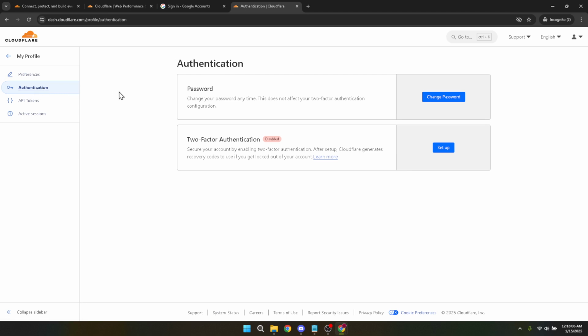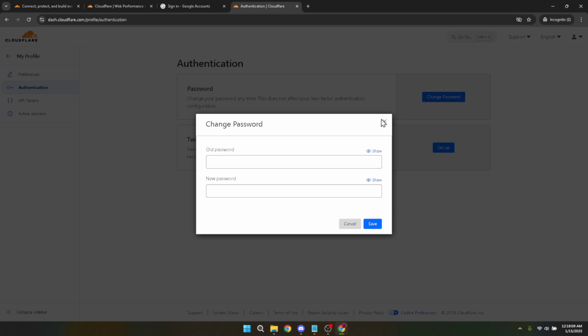Now look for the Change Password option. This is the gateway to ensuring your Cloudflare account is protected with a new, robust password. Click on this to proceed further. You will now be prompted to enter your current password. It's important to have this on hand as you'll need it to confirm your identity before making any changes to